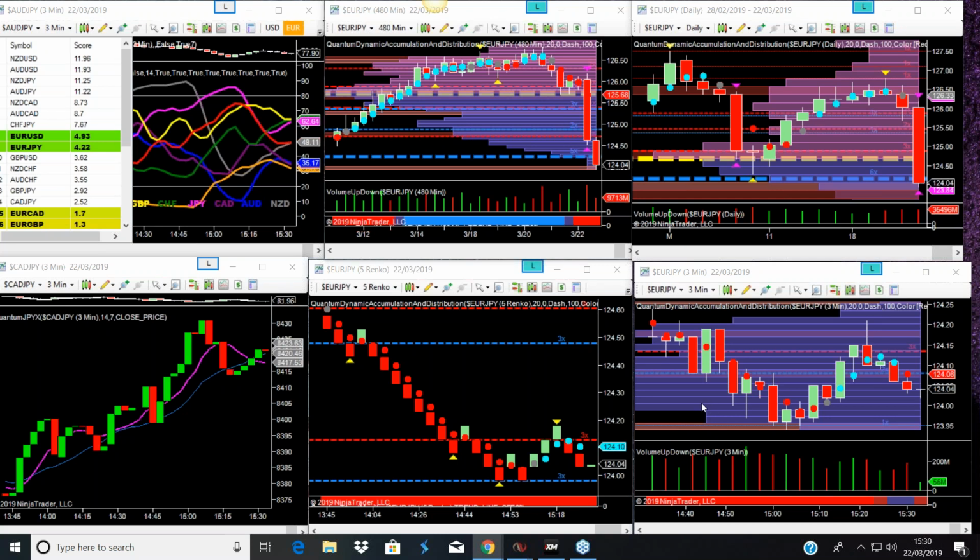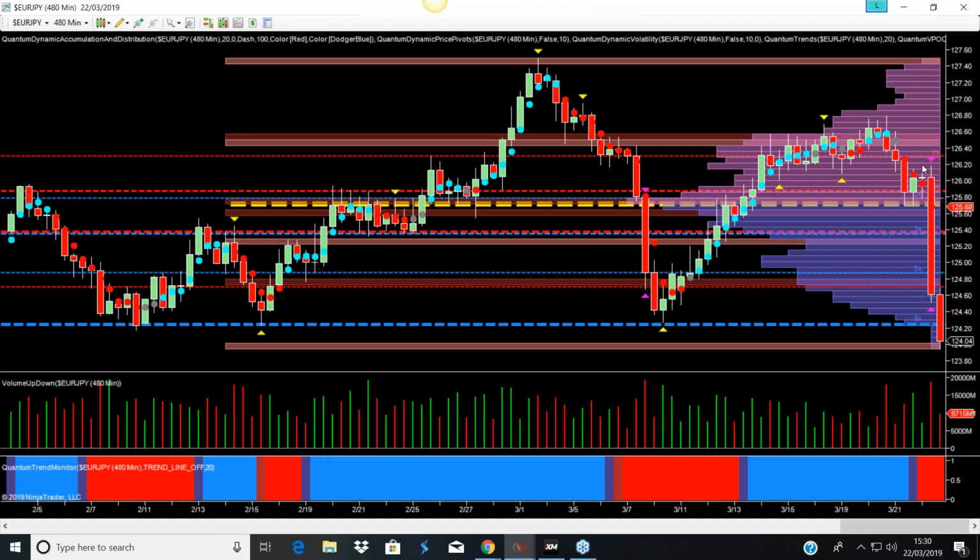Finally, before I move over to David, this is the chart of the euro yen sold off. This is the 8-hour chart. This is the session for London and Europe. You see this huge fall lower, which triggered the volatility. We did have a slight retrace into the spread of the candle. And when we were in the webinar earlier on, we really wanted to see whether that would carry on further. What I said was, certainly based on the daily chart, there was scope for some further downward momentum